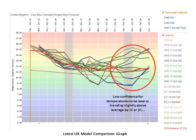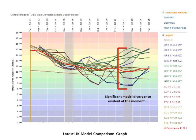And now taking a look at the United Kingdom in some closer detail. There are some interesting changes compared with yesterday, and starting with the 11 to 15 day time period, you can see that there is some significant model divergence evident within the latest forecast models. This divergence is evident given that some of the more recent GFS ensembles take temperatures to at least 4 or 5 degrees above climate averages, yet in contrast some of the GFS deterministic models have temperatures either near or slightly